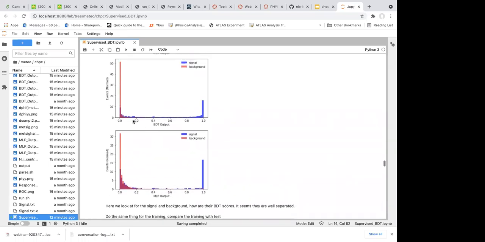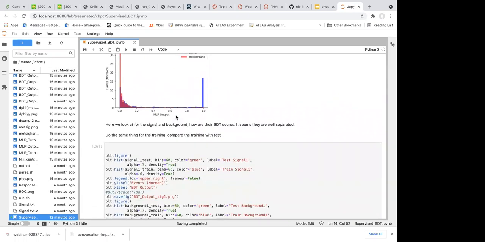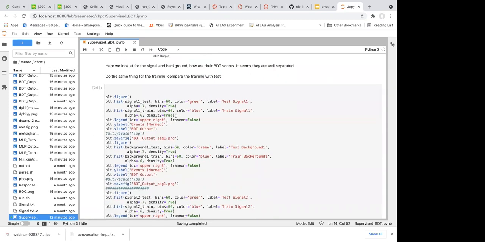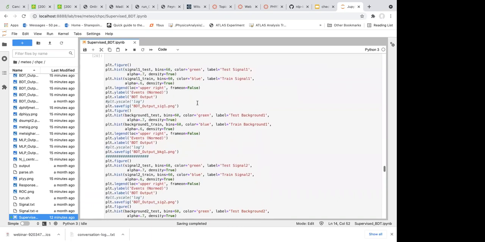Now another problem is that this only shows the separation power between the signal and the background, but we still don't know another very important property of the machine learning classifier, which is the ability of generalization. Generalization means that if we use a training sample, the training sample can be separated by the classifier well, and assume that we inject a test sample. We mentioned a test sample before, right? We split the training and test samples 50% and 50%.